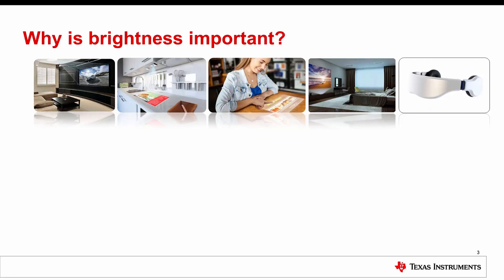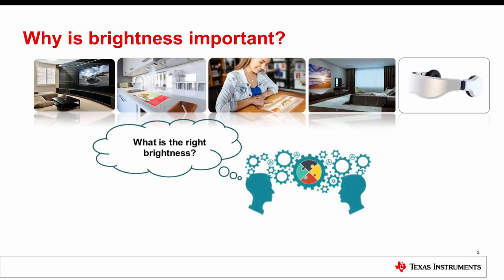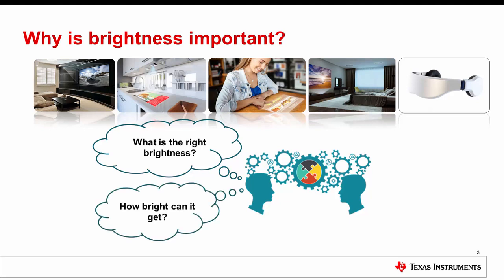The two most frequent questions from customers who are new to TI DLP technology are, given the application and user environment, what is the right brightness for my product? Another question is, given specific power, size, and cost requirements, what is the maximum brightness that my product can achieve? The first question is often asked by product developers for whom image quality is the highest priority, such as in cinema display products. Whereas the second question is often asked by product developers who have certain technical constraints, most frequently power, size, or cost, which will ultimately constrain the maximum brightness of the projection system.